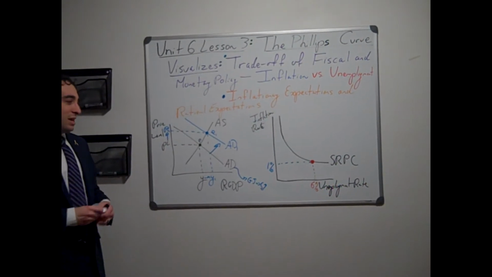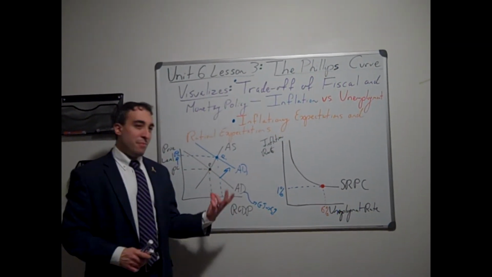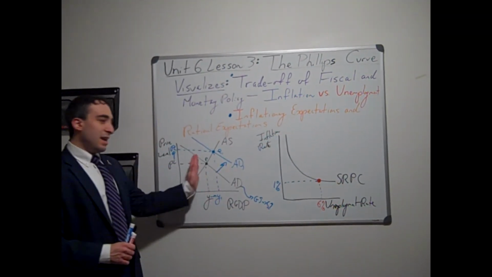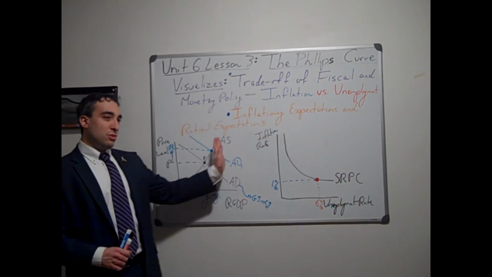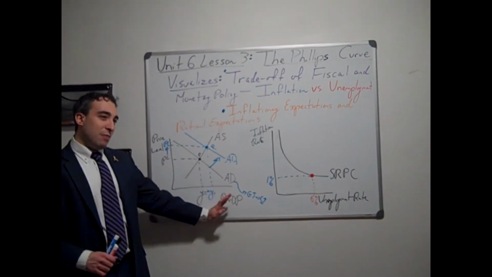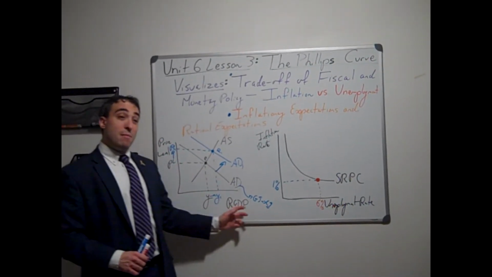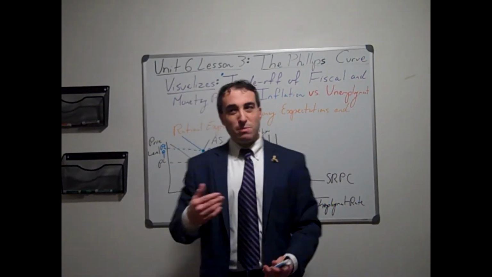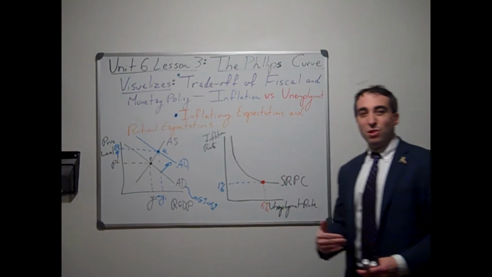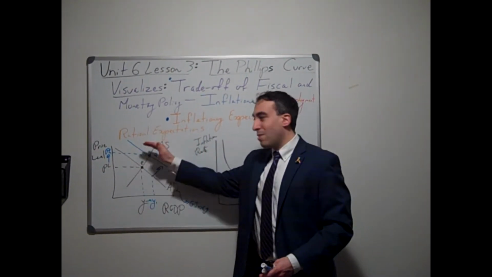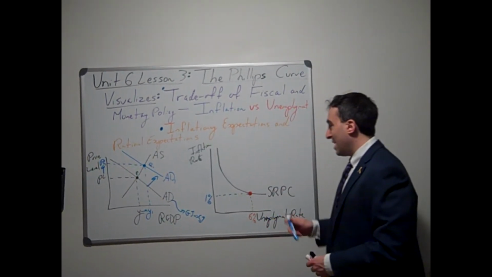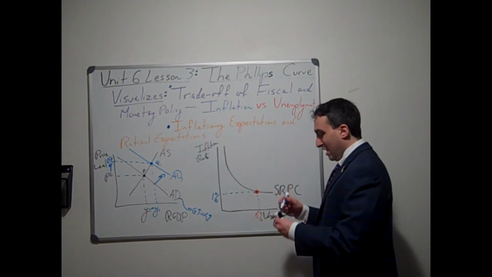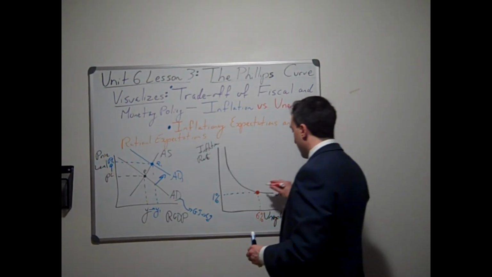So how can we show this change in our classic full employment graph on a W. Phillips graph? Here we see an increase in aggregate demand is a shift to the right, raising output and raising prices. But remember, output and unemployment move in opposite directions. As people are spending more and we are producing more, unemployment decreases. So a shift to the right of the aggregate demand curve is actually a movement to the left along the SRPC. So if this was A,